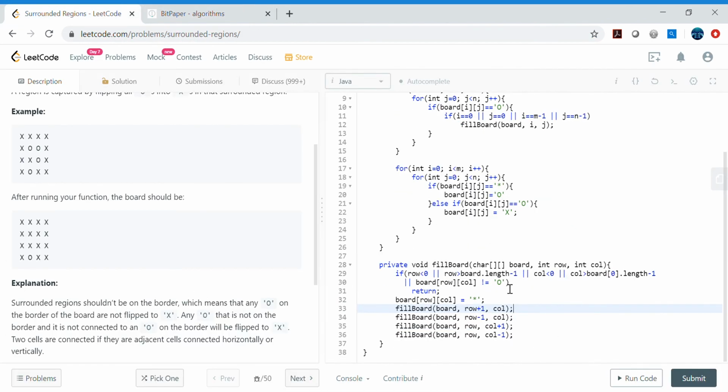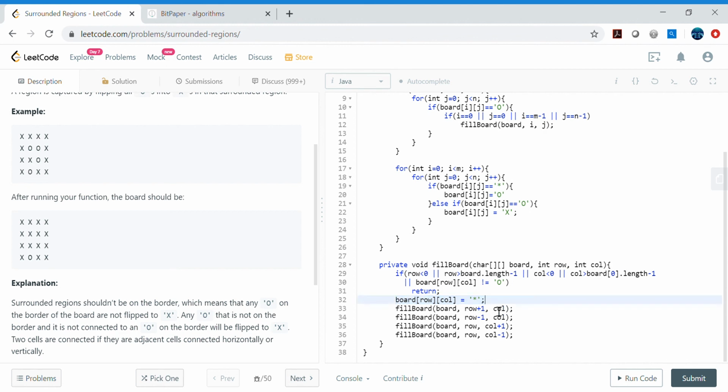So here in DFS, what we are doing is checking this base condition. We are just making sure that it is O. If it is not O, then it's useless, so we are going ahead and returning. We don't want to update X, and we don't want to update star again, because this star is working as a visited marker here, right? Alternatively, we can take a boolean array and maintain it as visited. But here, as we are updating the matrix itself, it's not that useful.